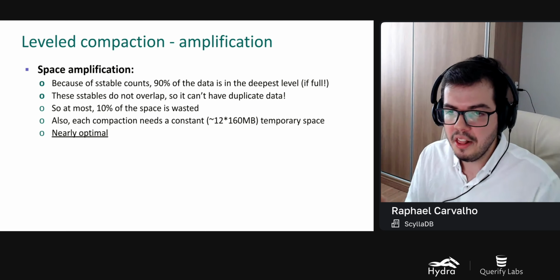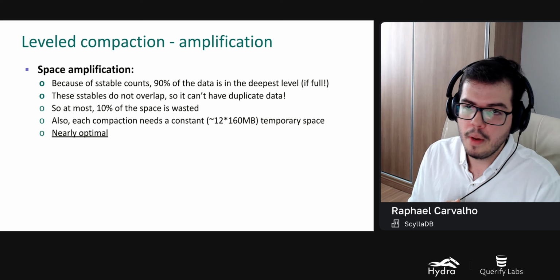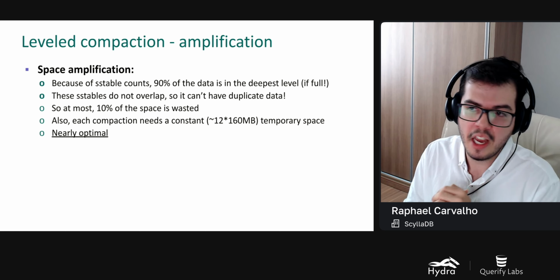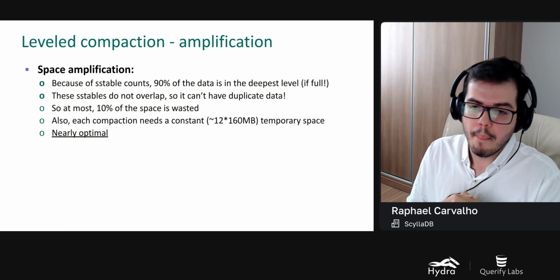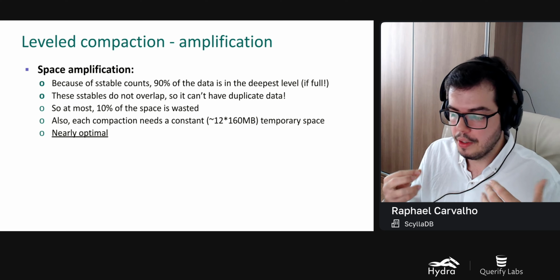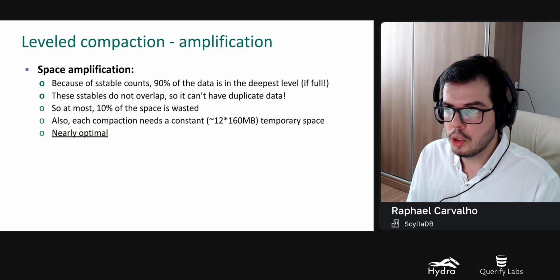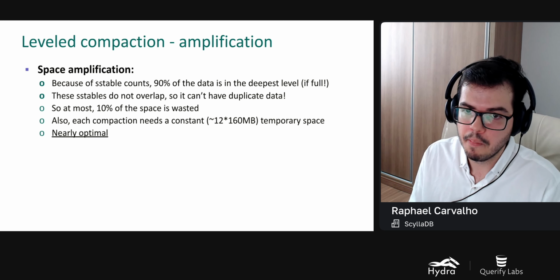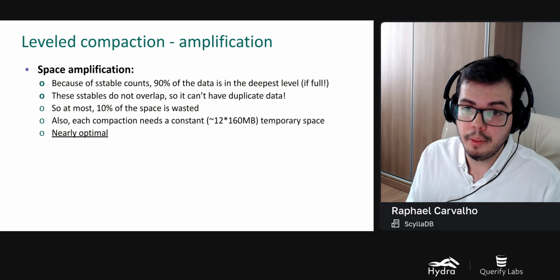And if you do some math, you're going to see that with this goal, we achieve a space amplification of 1.1, because